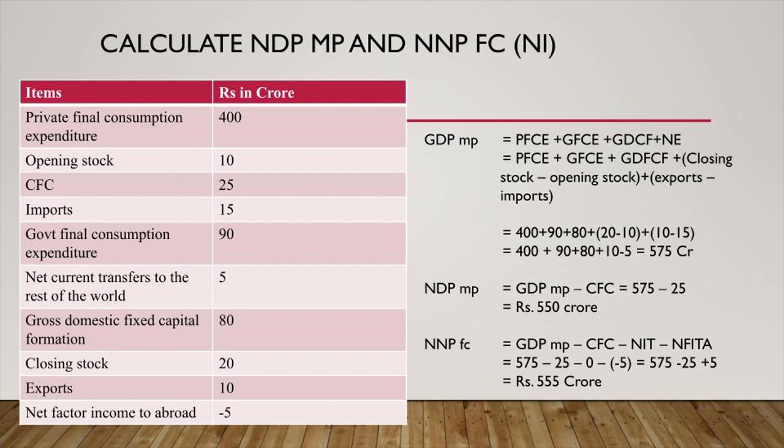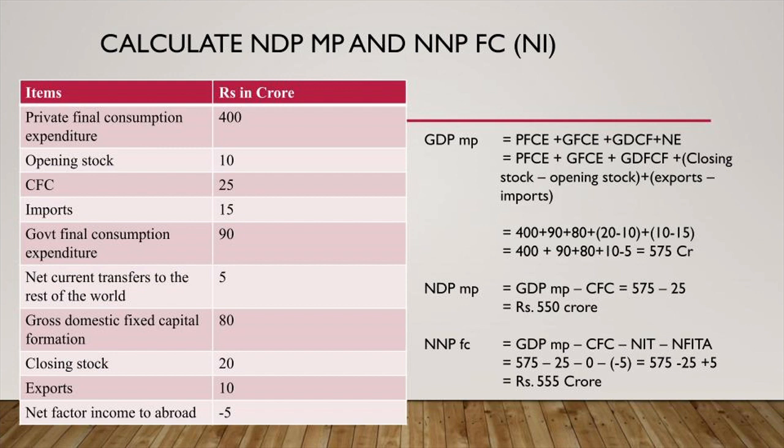NNPFC can be found either from GDP-MP or from NDP-MP. Here I have employed GDP-MP minus depreciation minus net indirect tax minus net factor income from abroad. But instead of net factor income from abroad, here net factor income to abroad is given. Hence, instead of adding net factor income from abroad, subtract net factor income to abroad. So national income is equal to 575 minus 25 minus 0 minus minus 5. Here the 0 is for the NIT, net indirect tax, because here the net indirect tax is not given. So NNPFC is equal to rupees